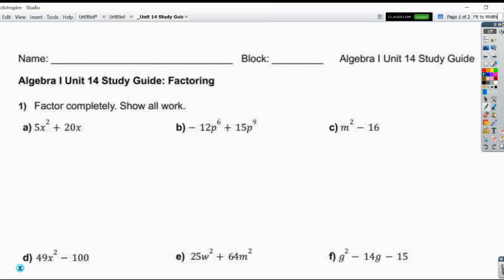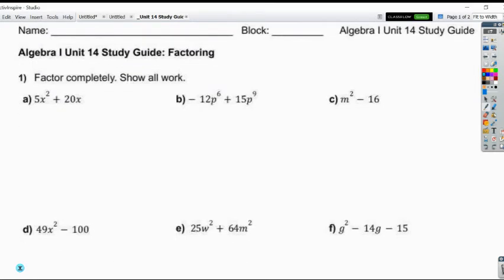Good day, everybody. We're going to go through this Unit 14 study guide so that we can review and refresh, be super confident about all of our factoring skills. So, remember that you want to factor completely. That means that some problems may have more than one step of factoring, more than one type of factoring that could be involved. So, as we begin here with question 1A,